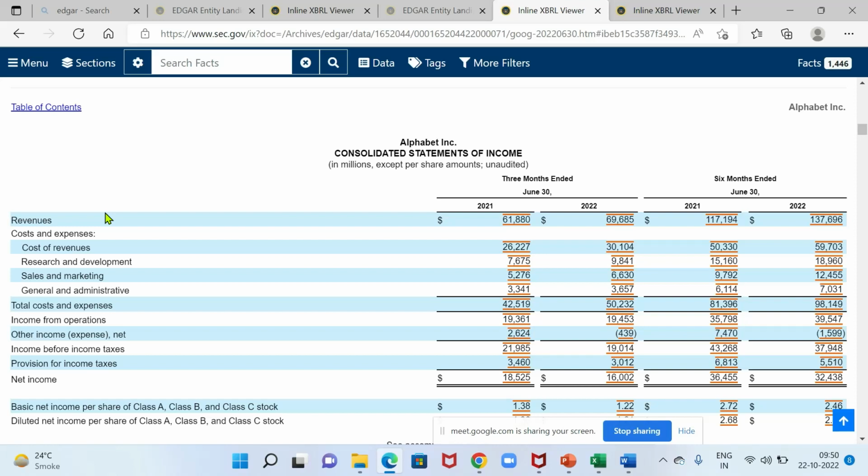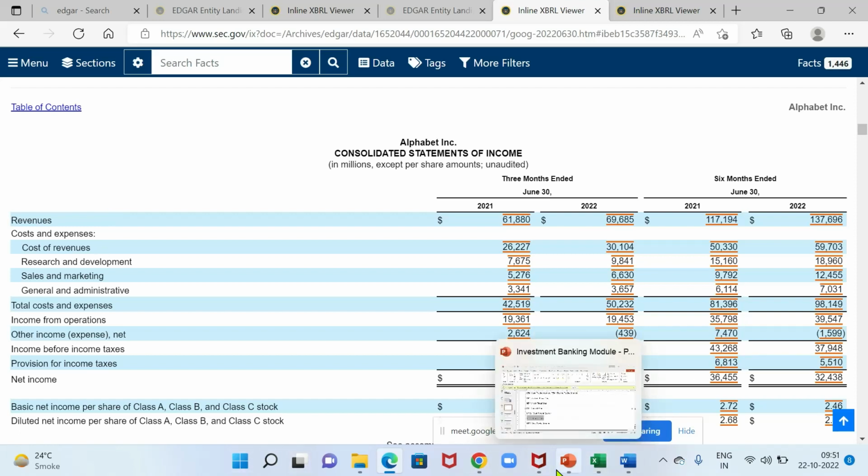Calendar year functions the way our normal calendar works. Fiscal year may be different for a country, for a different geography. India's fiscal year is 1st April to 31st March. In the US generally it is 1st January to 31st December. However, you can also see different companies having different fiscal years in the US. There could be some September ending companies, and some August ending companies as well.